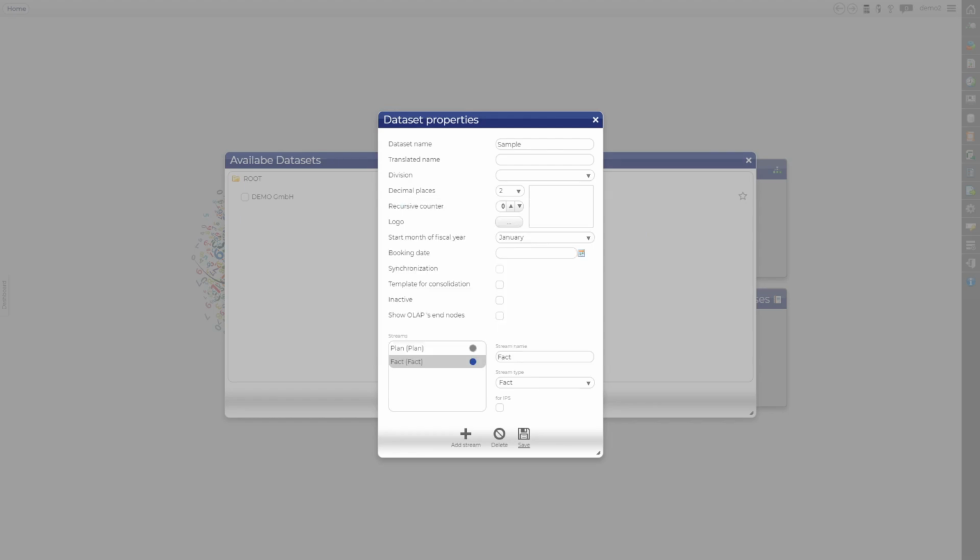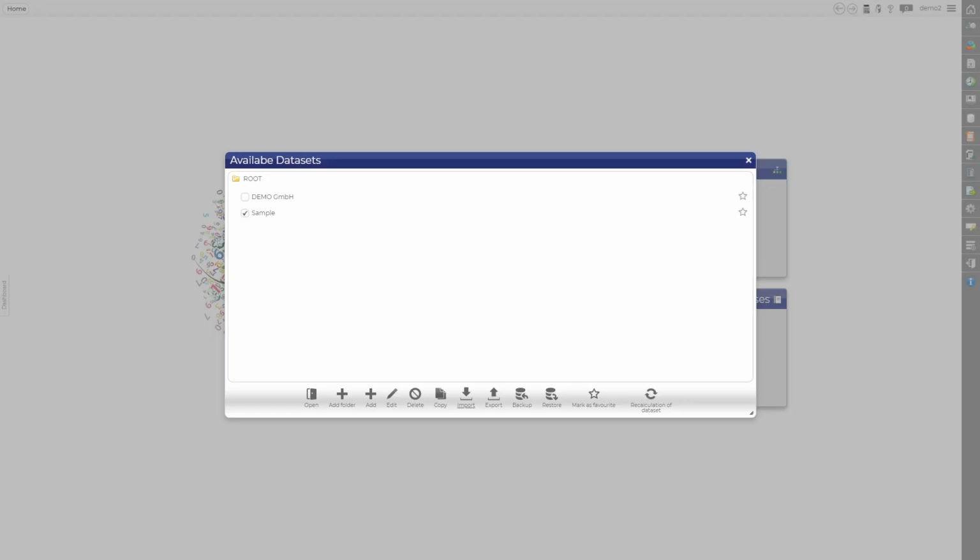Eighth and final step, click on Save. In the Dataset Manager, this newly created dataset will appear. And this is how you can create a new dataset in Seneca